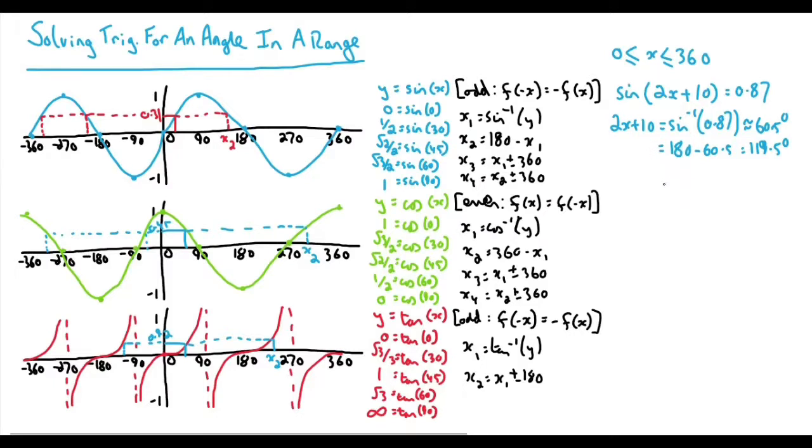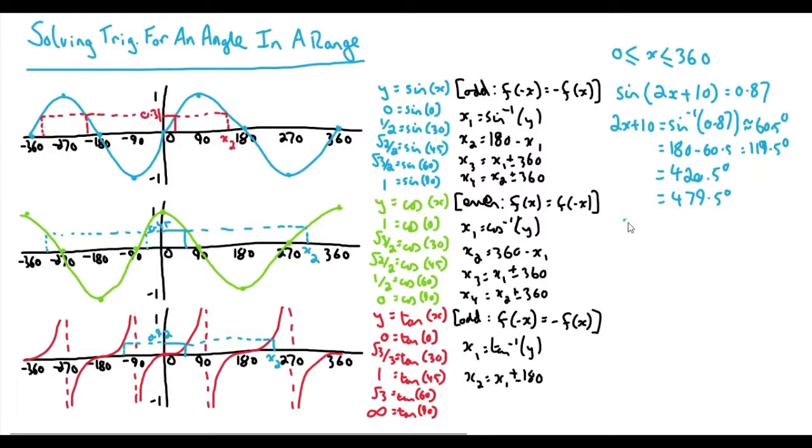So, yes, at this stage, we do have room to now add 360 to both of these. So the 2x plus 10 is also going to equal 420.5 degrees by adding the 360 to the 60.5. And it's going to equal 479.5 degrees. To add another 360 to this, however, would be pushing it too far. That would now again be outside of the 720 limit. So, with these being our 4 values that apply for the 2x plus 10, now we're going to do that